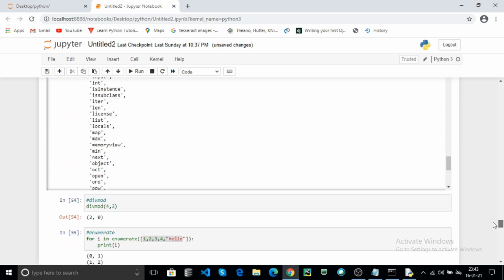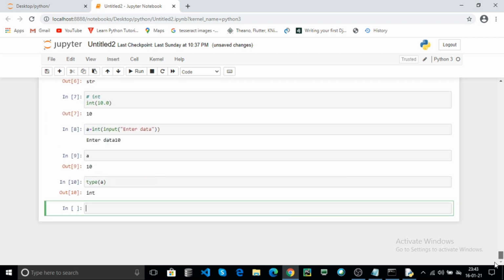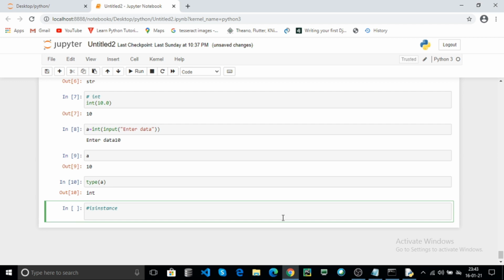The next function is isinstance. The isinstance function tells whether your object belongs to a particular class or not. Use isinstance of, for example 0 comma, and I mention the class as int. Click on run.